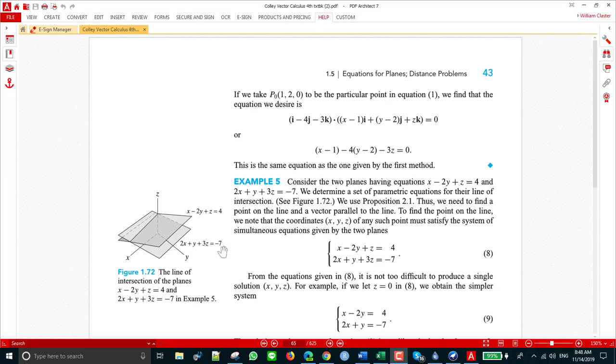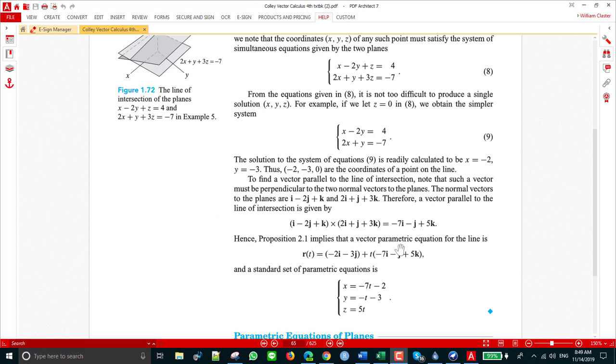Okay, let's take a look at example 5. So we're going to be given 2 planes, and then there's a line where they intersect, and we want the equation of that line, and we want to get the equation of that line in parametric form. So we're going to start out by getting the vector form. We're going to use